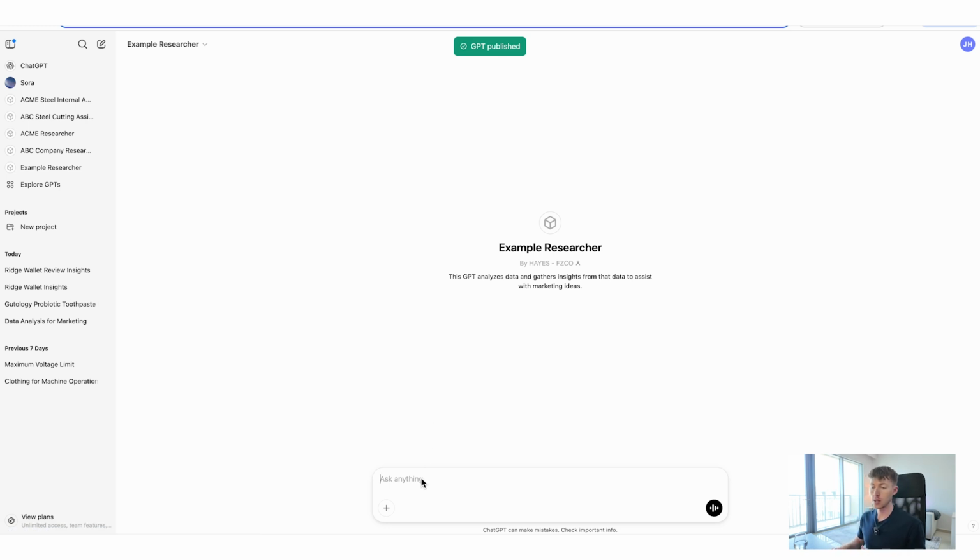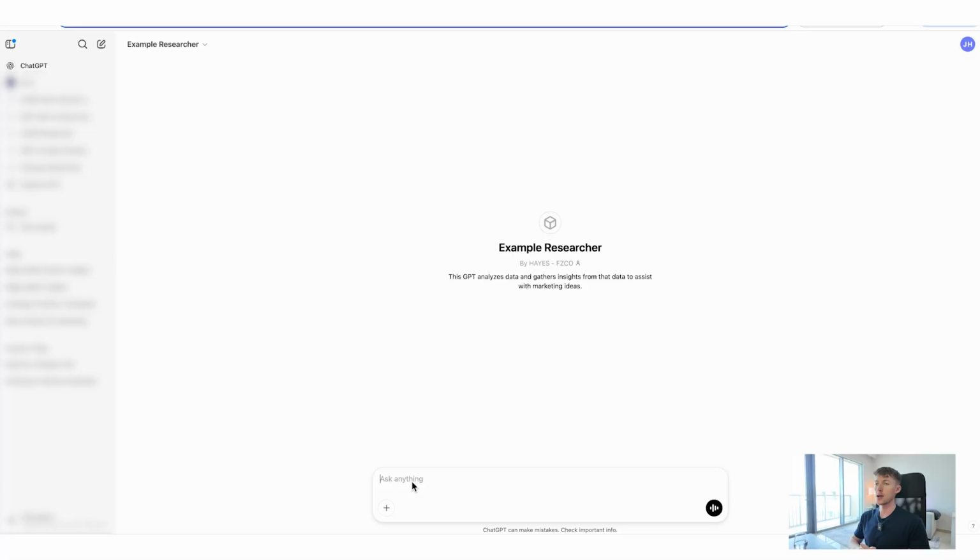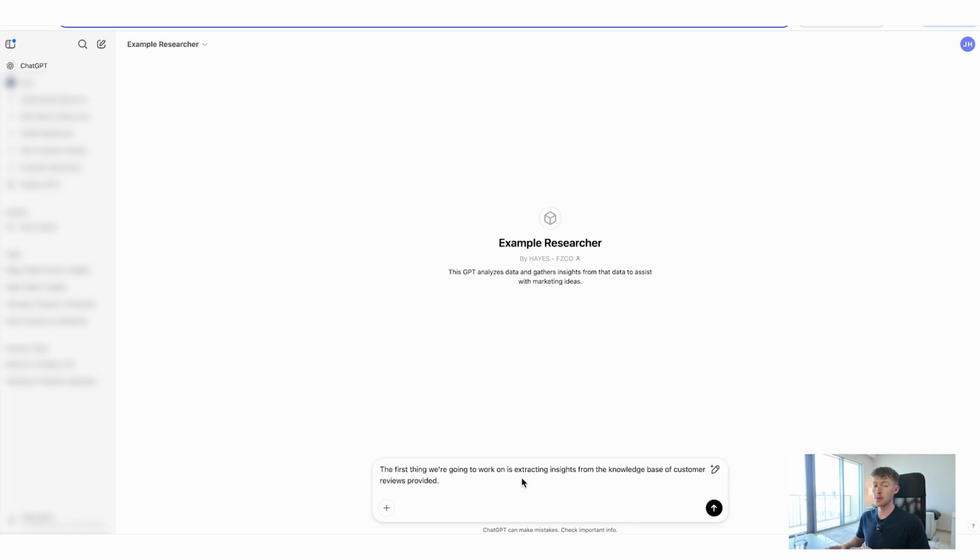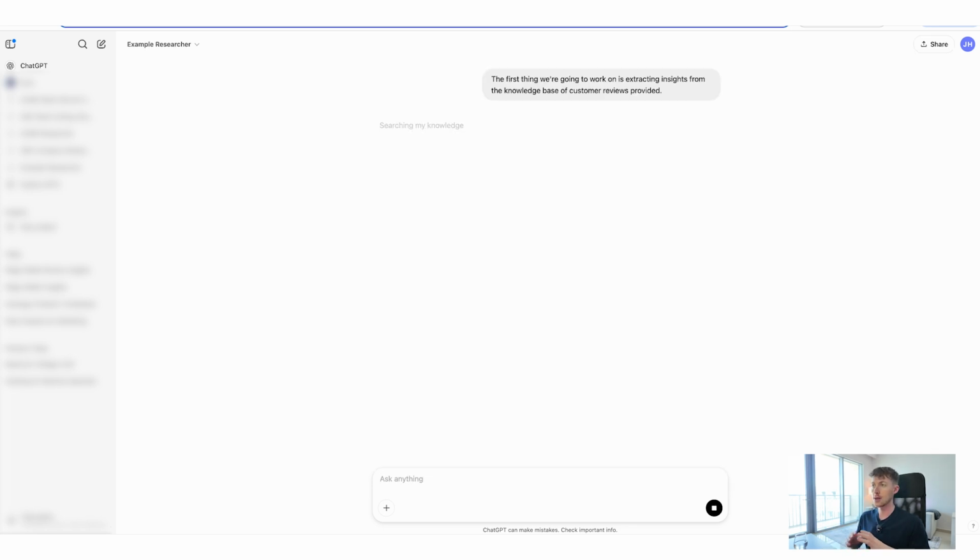Okay, so this is just the first thing we're going to work on: extracting insights from the knowledge base of customer reviews provided. And what this is actually going to do is start giving us insights from that knowledge base without us even asking, right? Which is fine because we're going to be able to use this, and it's going to take its time and do its thing here. Okay, so this custom agent is actually giving us a lot of insights already, just from saying that the first thing we're gonna do is work on extracting insights from the knowledge base of customer